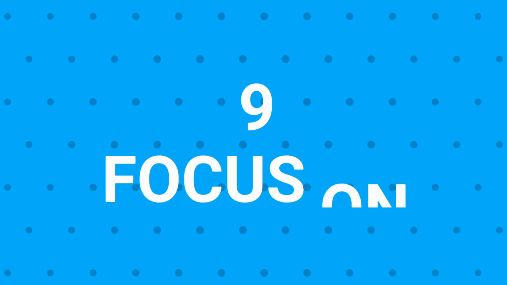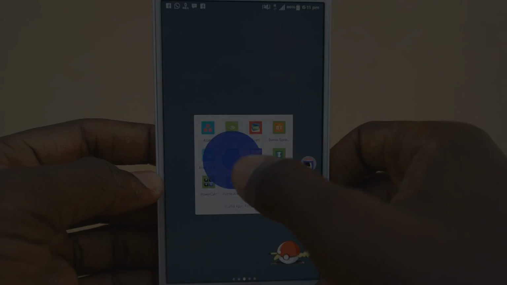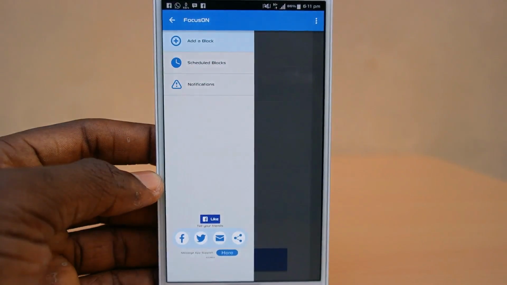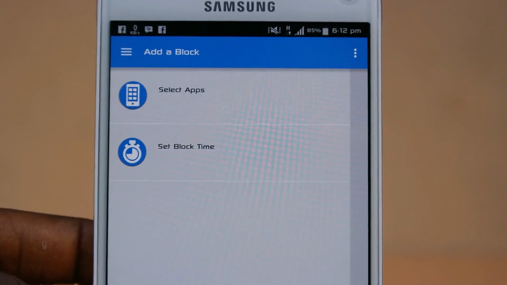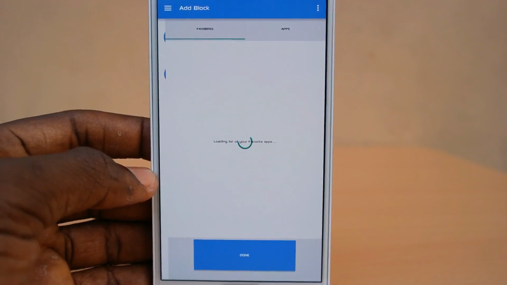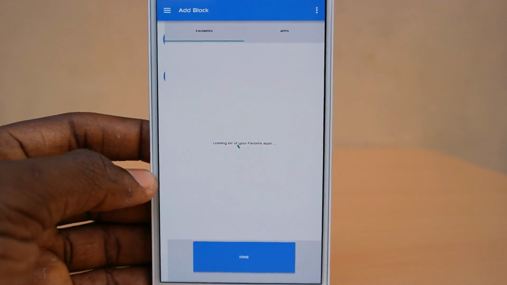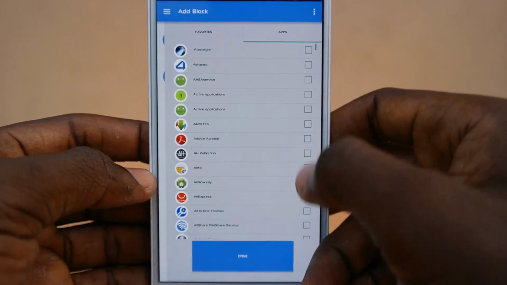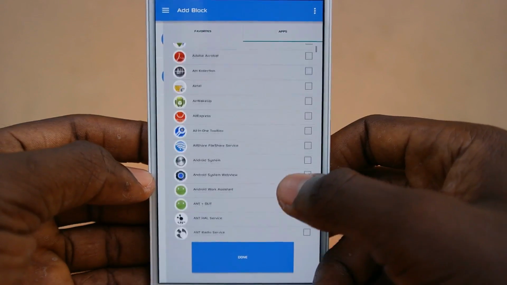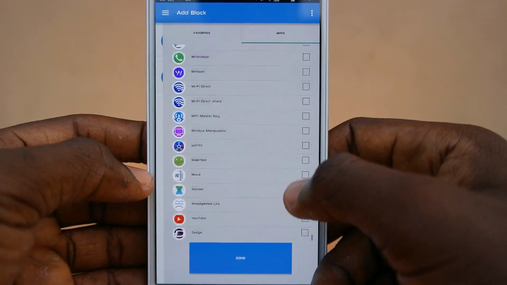At number 9 we have FocusON. FocusON is an application that helps you to block some distracting applications and websites. As you are watching this video right now, your phone can really come in handy, but there are times that they can become a pitfall for you. Apps like Twitter, Facebook and Instagram are just a click away, and because of that you easily get distracted